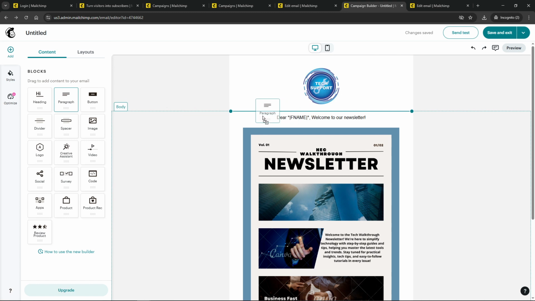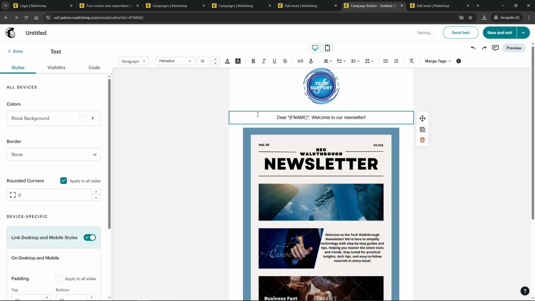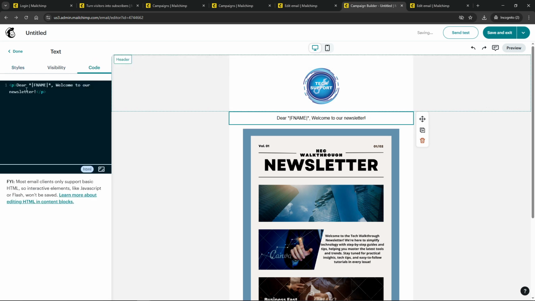As you design, you'll need to click on a text block. This text block is where you'll be inputting the magic that makes personalized emails possible. In that text block, type the following merge tag: hi name, welcome to our newsletter. This merge tag is the secret sauce that will pull the first name of your subscriber into the email. It's straightforward once you get the hang of it. Essentially, Mailchimp will automatically substitute the name part of this tag with the subscriber's first name, giving your email a